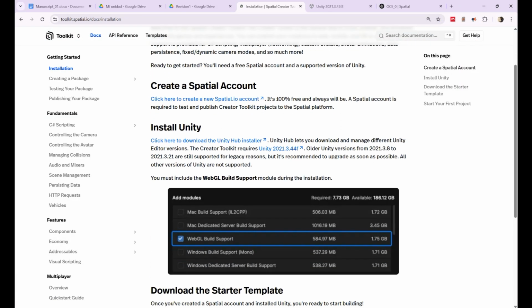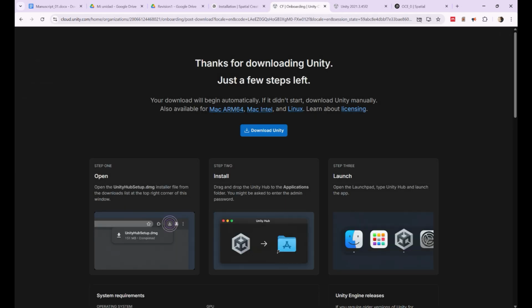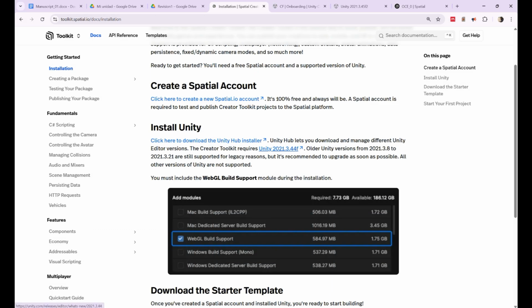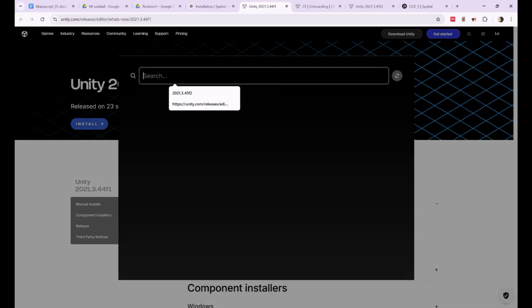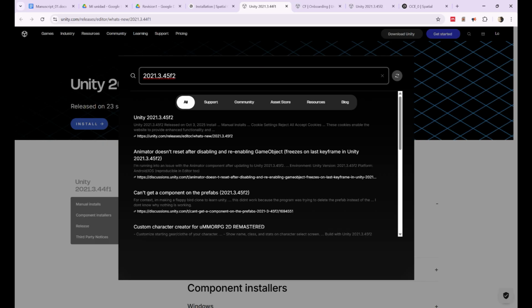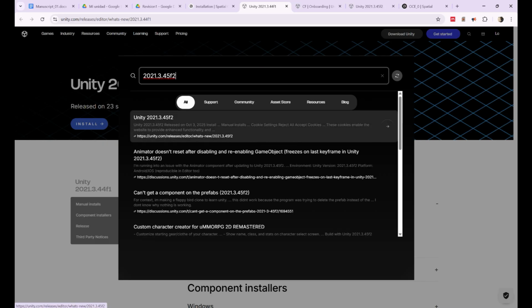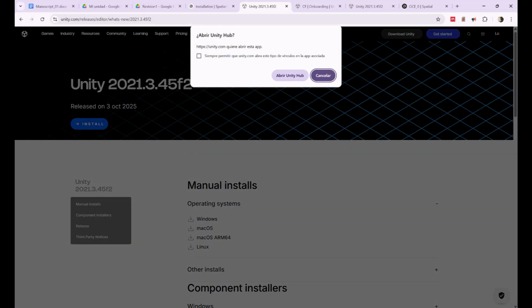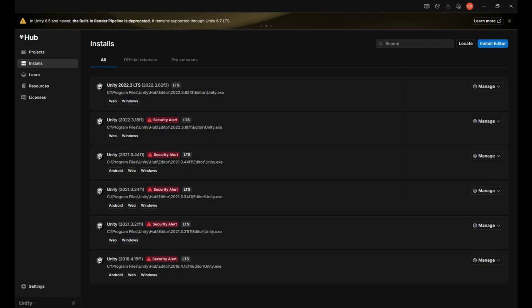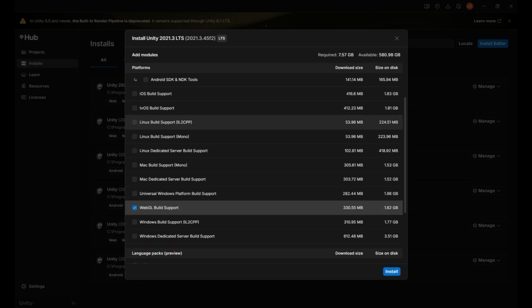The first step is to download Unity Hub. This is a desktop application that allows you to manage different versions of the Unity editor. To ensure compatibility with the Spatial Creator Toolkit, it is recommended to install Unity version 2021.3.45 F2. Although version 2021.3.44 F is mentioned in the official documentation, it has a known security issue, so we will use the updated